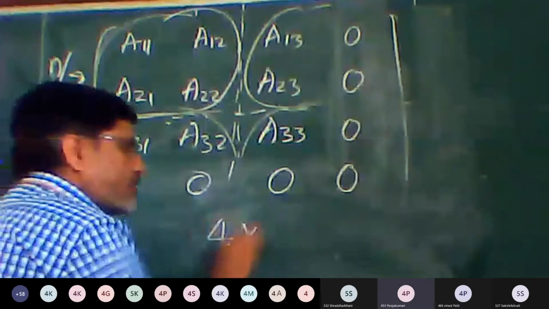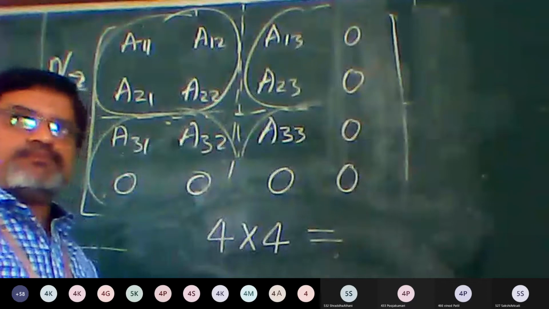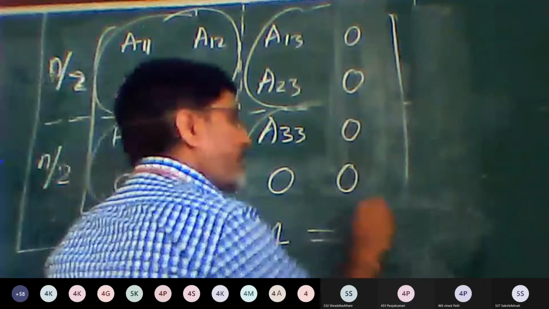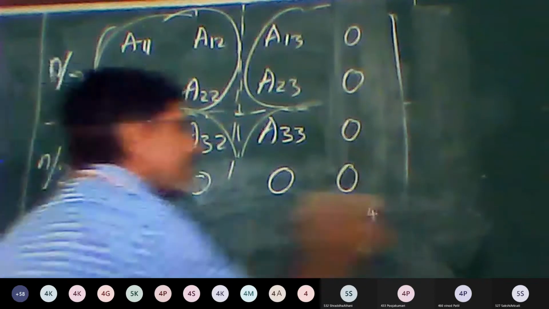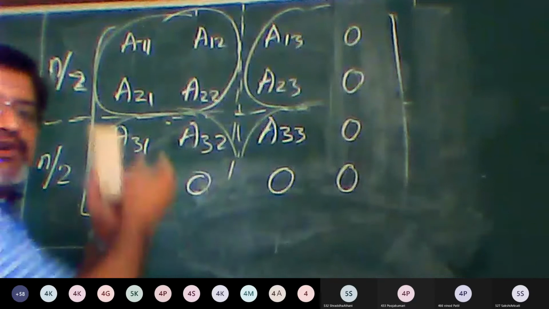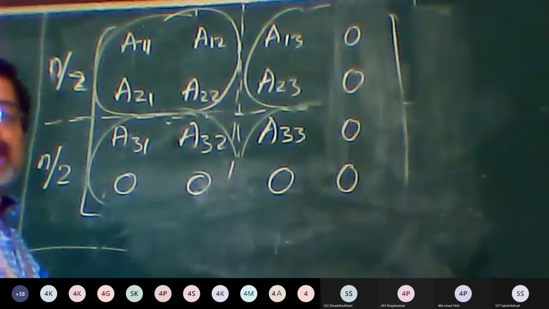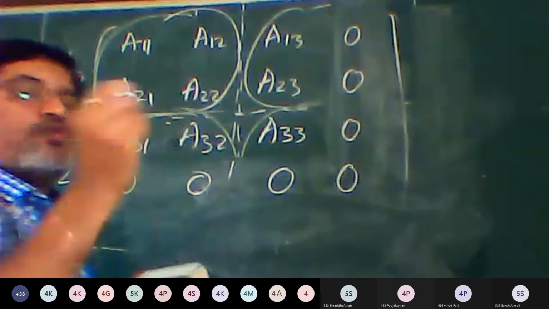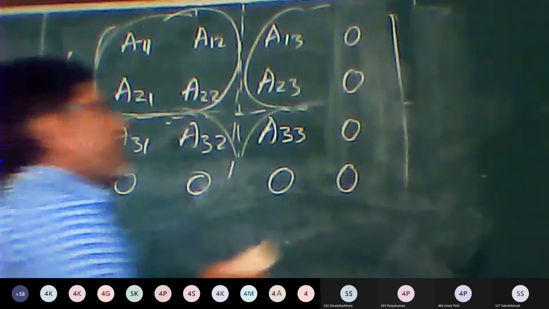It is 4 cross 4. Is it a power of 2? Yes, sir. It is a power of 2. Then in that case, we can easily divide it into 4 quadrants, and if you divide, we get an equal number of elements in all the matrices. If we have two matrices, to just summarize the thing, let me rub this off first.